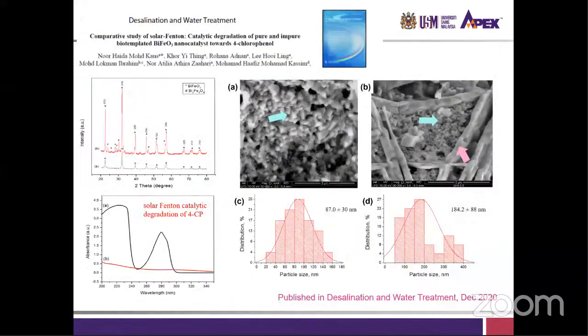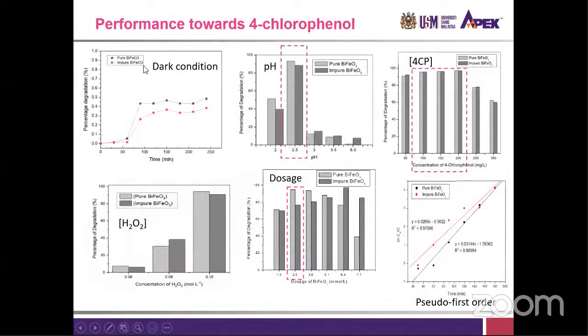Then we try to see the comparative study of the solar photon, by pure and impure biotemplate bismuth ferrite photocatalyst towards 4-chlorophenol. So what we found here is that both of the materials show efficient degradation towards 4-chlorophenol, but when we compare them,